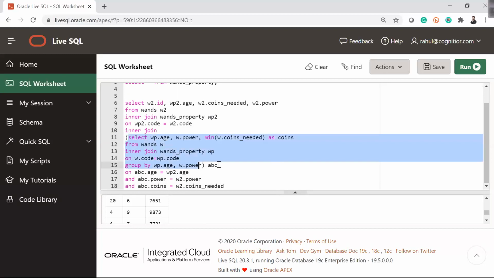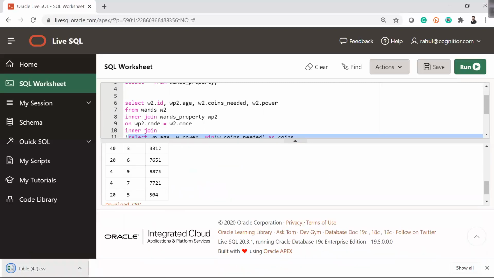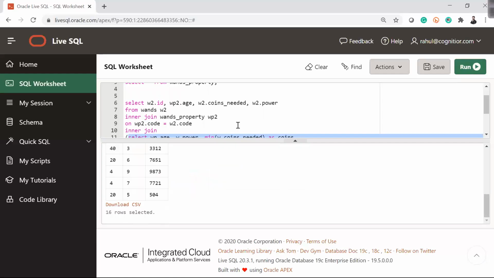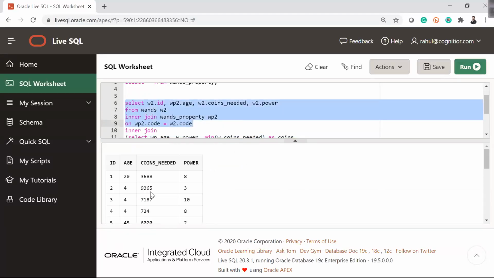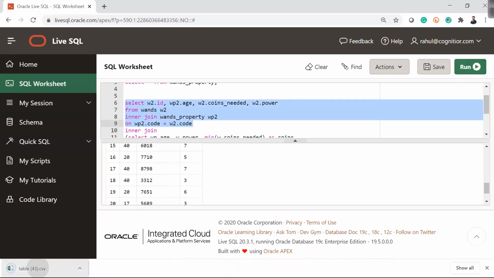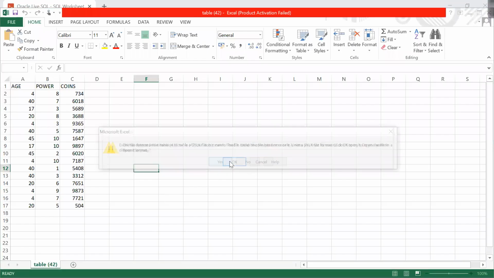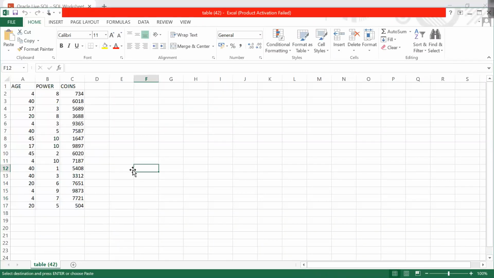Let me, to make it simple, fetch this out in a CSV file. Let's try to explain that in CSV so that it will make more sense. So that is my record which is giving me the minimum records. Let me run this part of the query and download this as well. And I'll just copy this and move there.